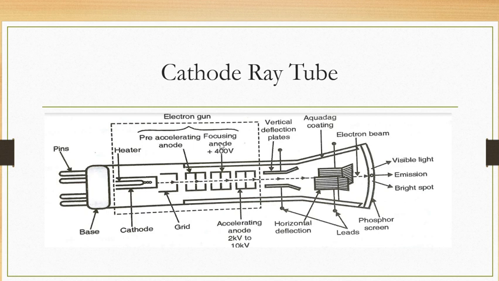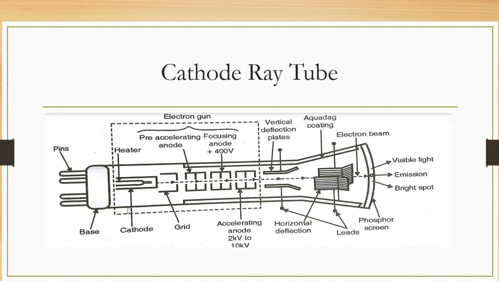So let's talk more about this heater and cathode first. So here the cathode is used to emit a beam of electrons that we have discussed earlier, and for this purpose we have to heat this cathode. Okay, so that's why a heater is used. Okay, now in this case, the heater is used to convert electrical energy into heat energy, and that is applied to this cathode.